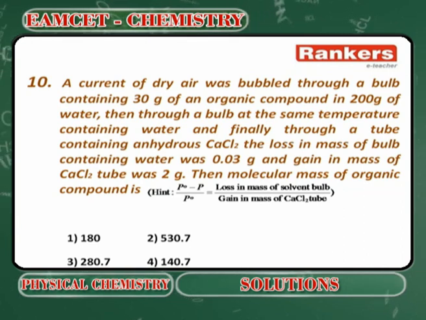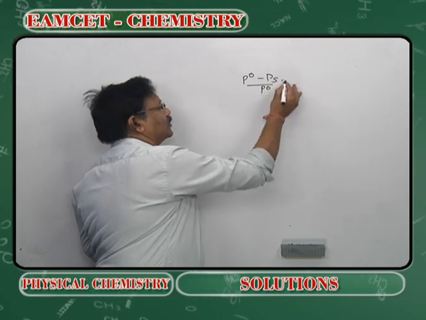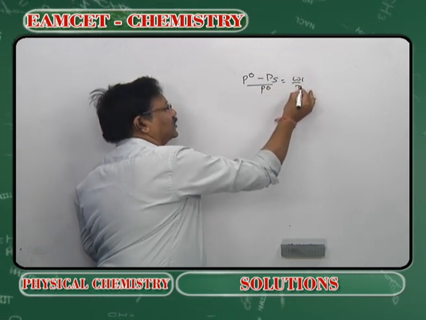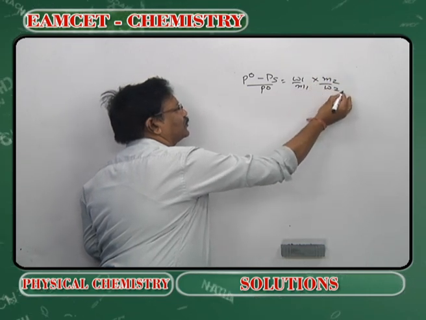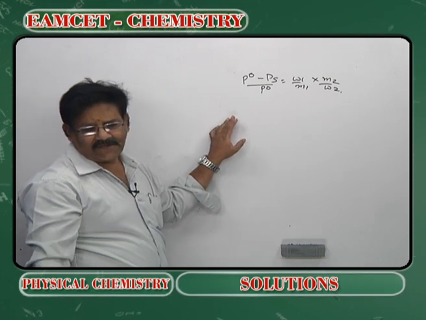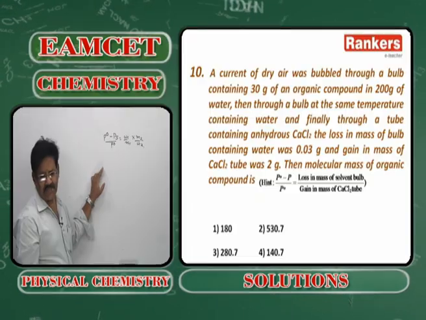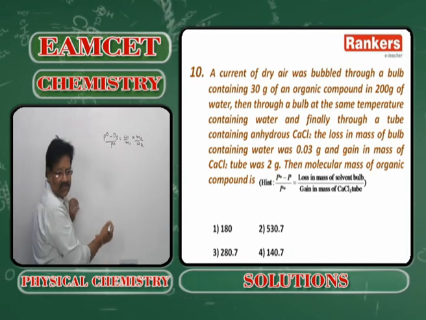P naught minus Ps by P naught is equal to W1 by M1 into M2 by W2. Making proper substitution, we will get the answer. So P naught minus P corresponds to the loss in the mass of the solvent bulb, which is given as